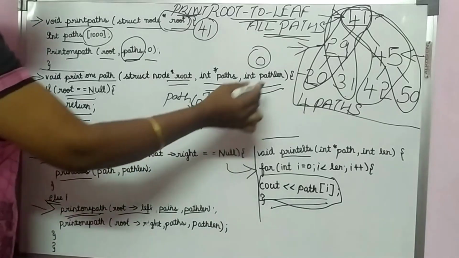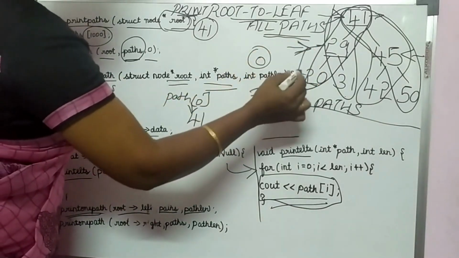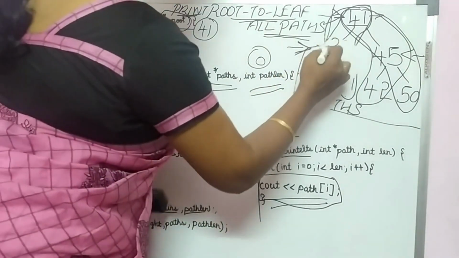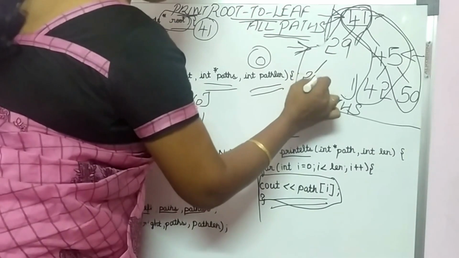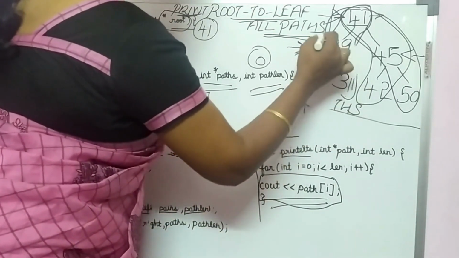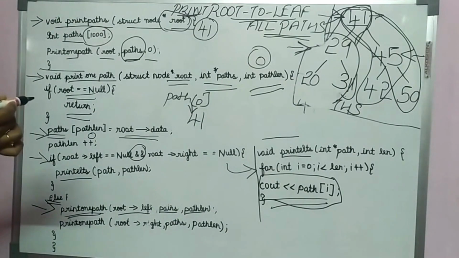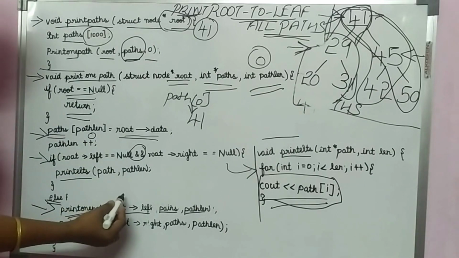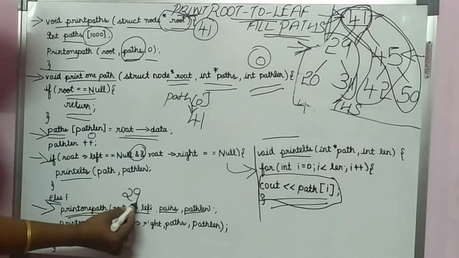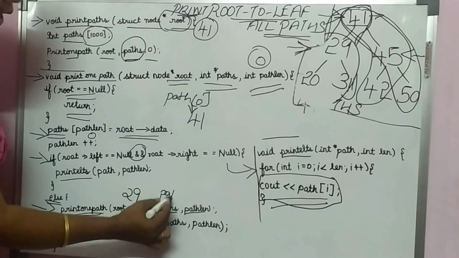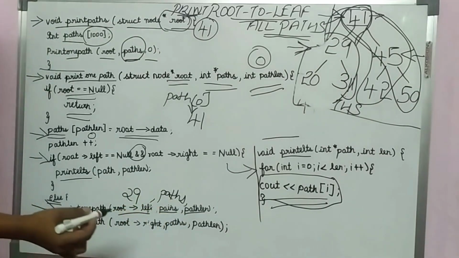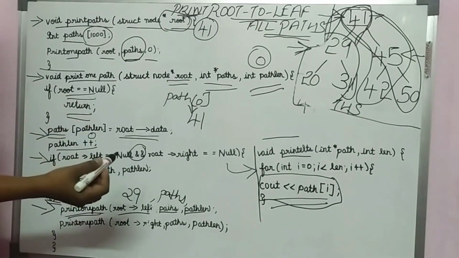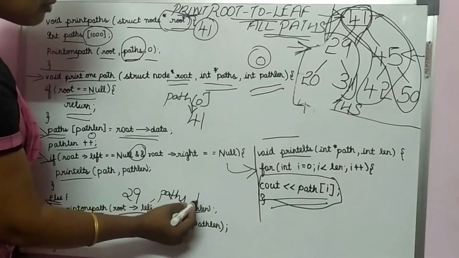This root of left will now point to the address space of 29. I mean this 29, 20, 31. 29, 20, 31 alone is the subtree we are going to consider for the next call as of now. So this sub-portion alone will get passed in my next recursive call. Now when I call the same function again, the root of left address space, I mean the 29 address space, the same array name, and now the path length. Initially it was 0 and then we have incremented, because the next value I have to store within the buffer. So now the path length value is 1.